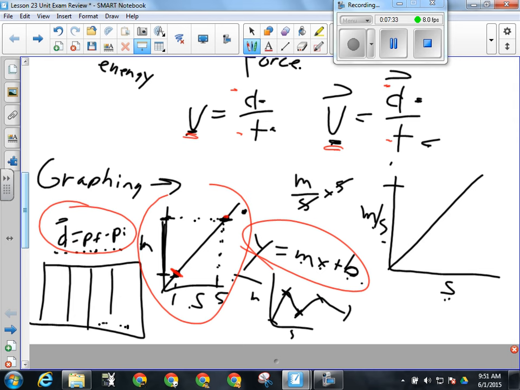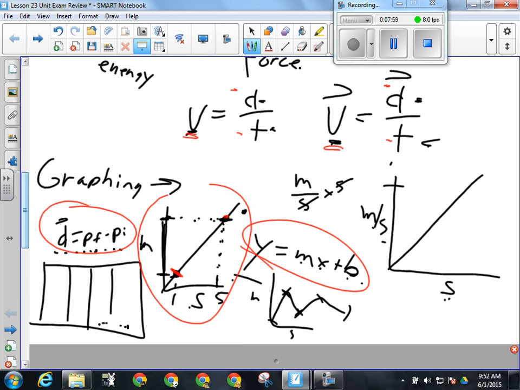Right? If I'm dealing with a velocity versus time graph and I want to find the displacement, how do I get it off of this graph? Anybody remember? Ooh, guess we better review that. Might want to look that over tonight. Okay. Yes, that's exactly what you do. Calculate the area underneath the line.